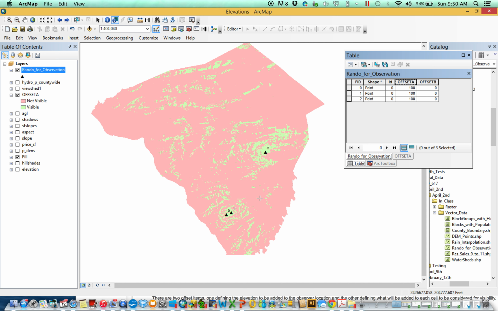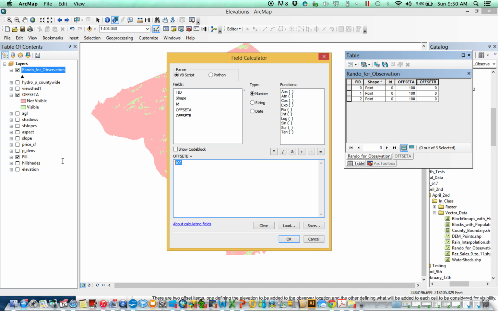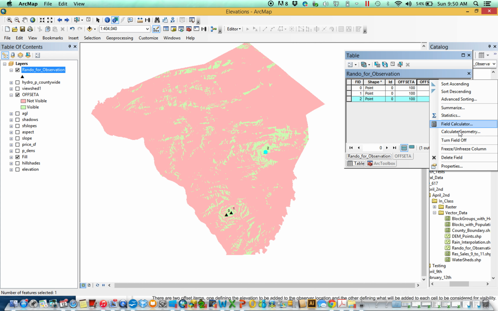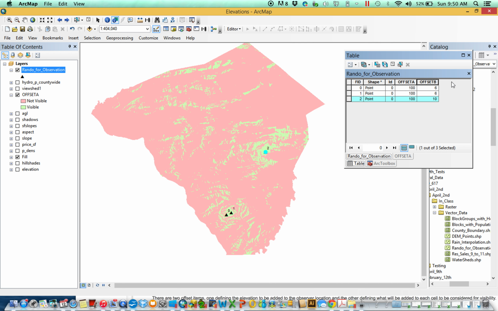Right, so Offset B is essentially saying, and that's just for example purposes here, we're going to make it 6. We'll say that's how tall people are. For that one, we're just going to make it 10. Just for a quickie. So now,